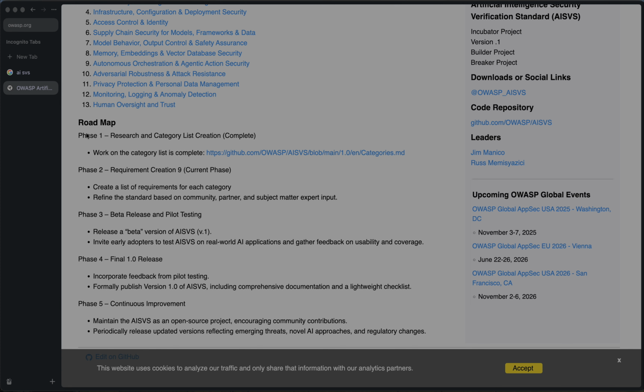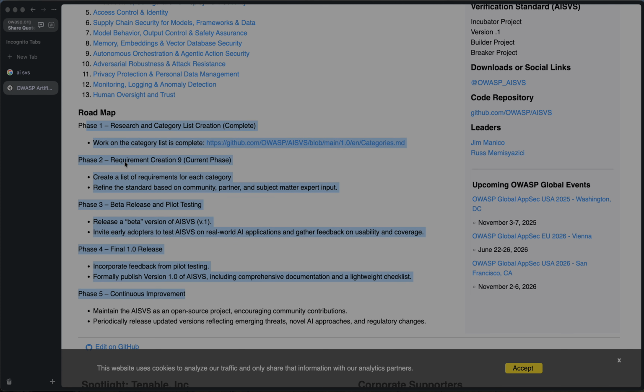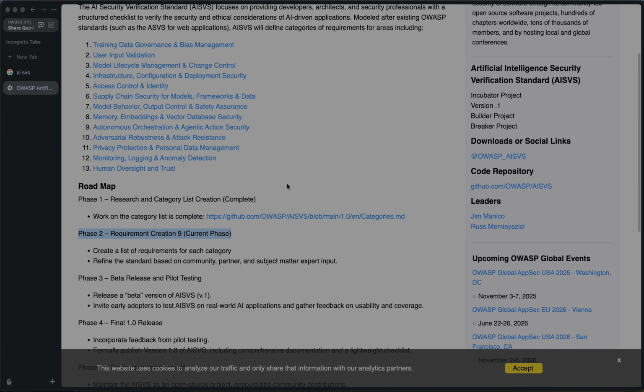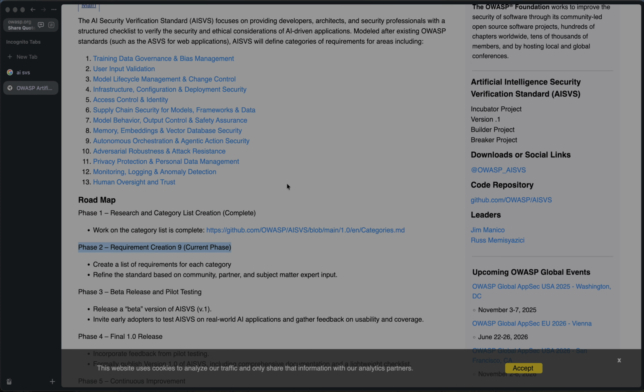If you look here, there are 5 phases. I just clicked on the first link. We're still on phase 2. I say still, this is a big project, obviously. We don't want to give incorrect information. And one of the nice things is that a lot of subject matter experts from industry, on the AI side of things, are collaborating with us. So, for example, NIST, the Alan Turing Institute,